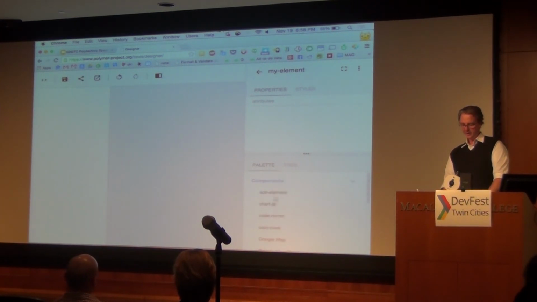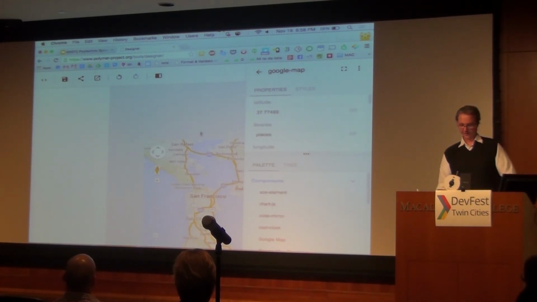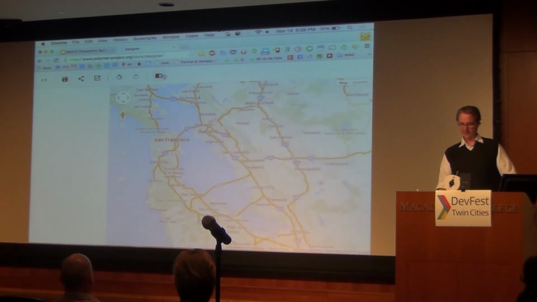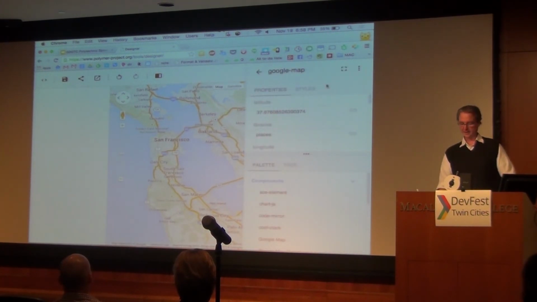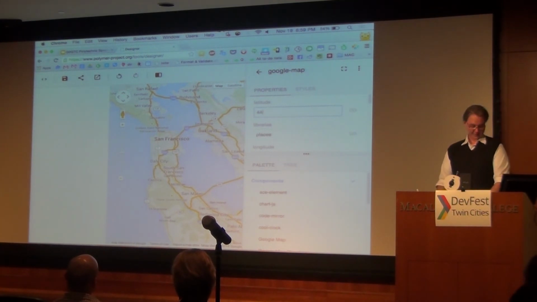One of the other components we could add on here is, say, a Google Map. We'll resize that to fit this space. By default, it's centered on San Francisco because some people like to think that's the center of where things are. I had my notes, I can never remember. All right, so, 9, I always get that wrong,